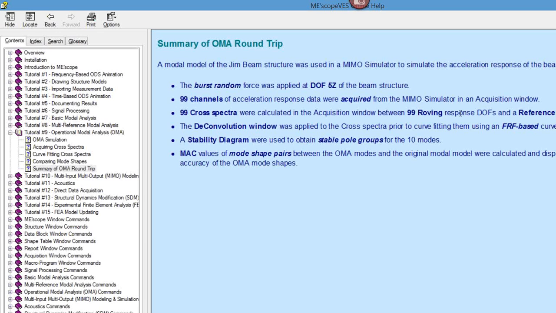So the next line here shows that we're going to form cross spectra between the 99 accelerometers and the,